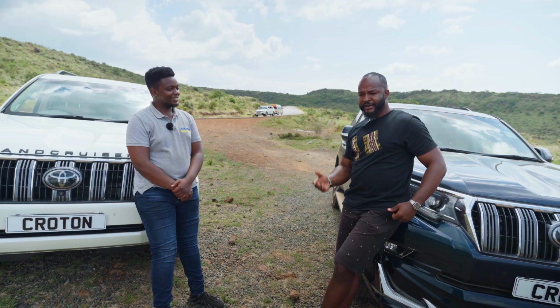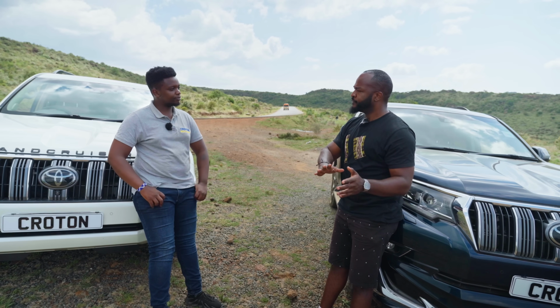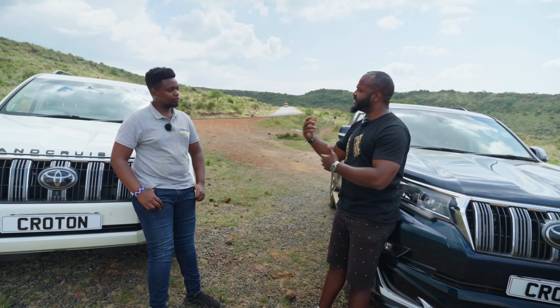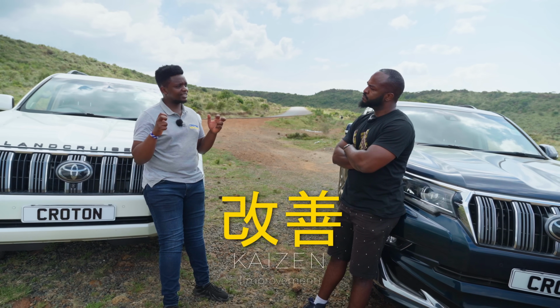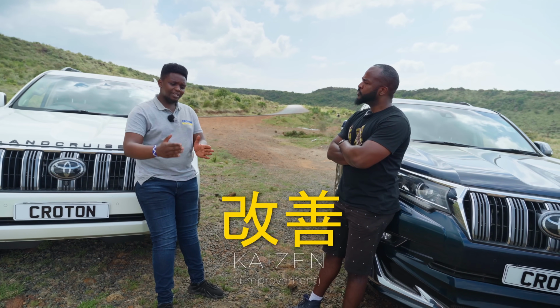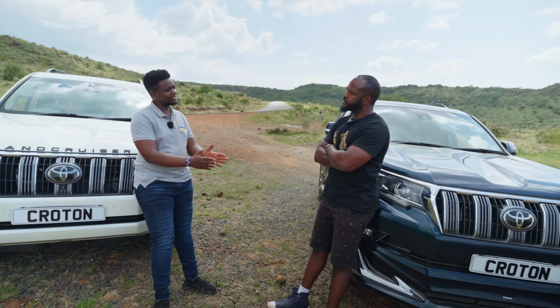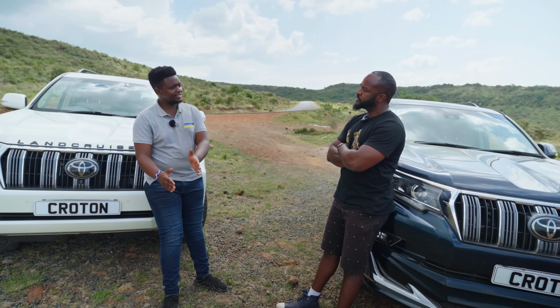Exactly. Fantastic. Now, the audience have seen the journey from where it began and how it has made a name for itself. Maybe you can say, what are the new advancements with this J150 series? In Japanese, it's called Kaizen, continuous improvement. So Toyota has gone on improving the Prado over time. If you look at the J70, which was the first series of the Toyota Prado, going to the J90 series,